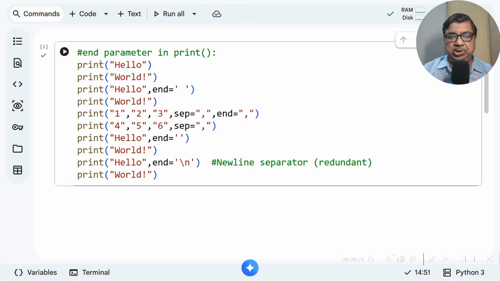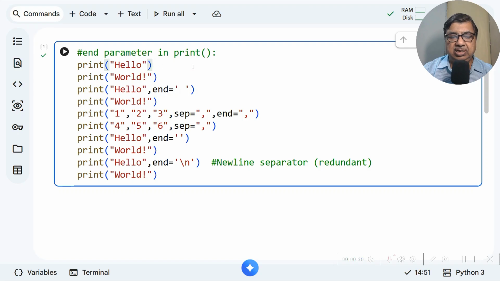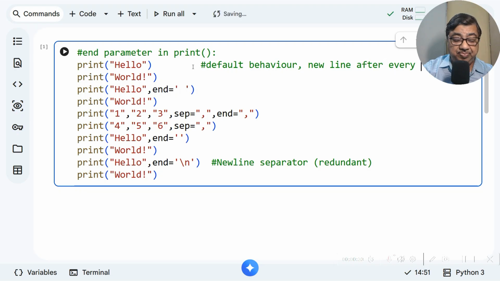As we have already told you, if we give only a simple print, the default behavior is a new line after every print. Right?